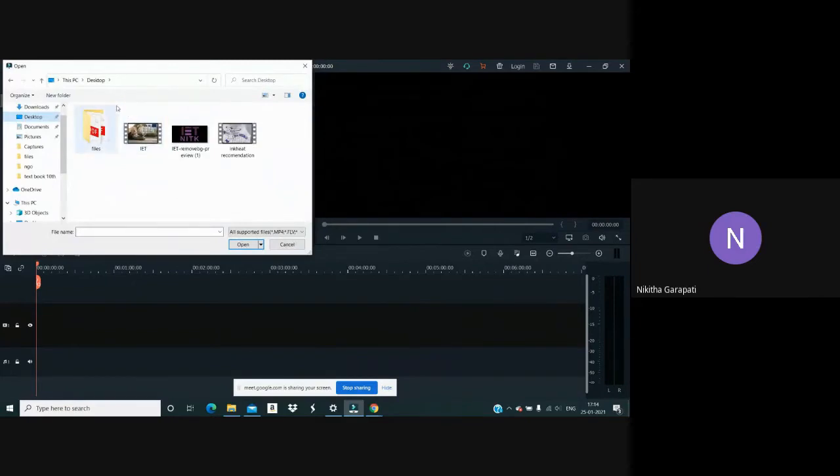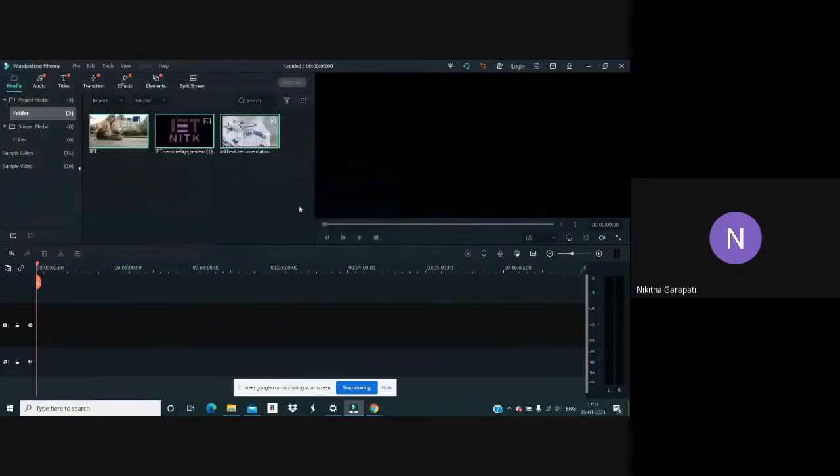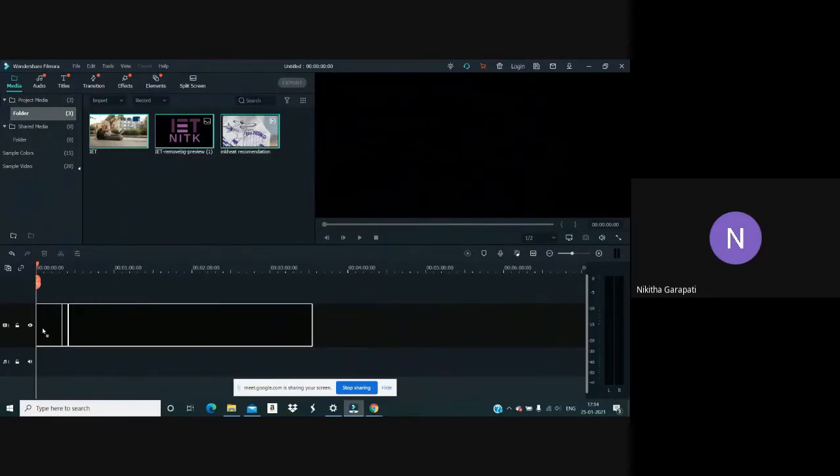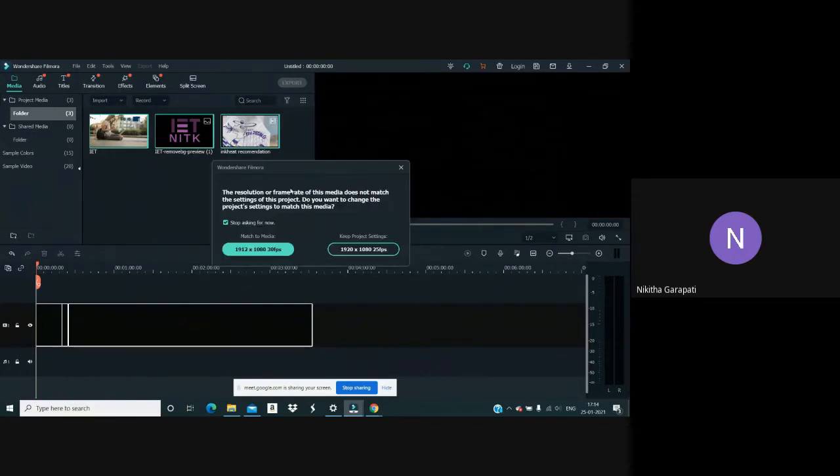Here I want to use all these three, so I'll import them. So now they're imported into your software. Whenever you need, just click on them and drag them to your timeline. And now this window is where it'll ask you to change the aspect ratio or match it to the media.